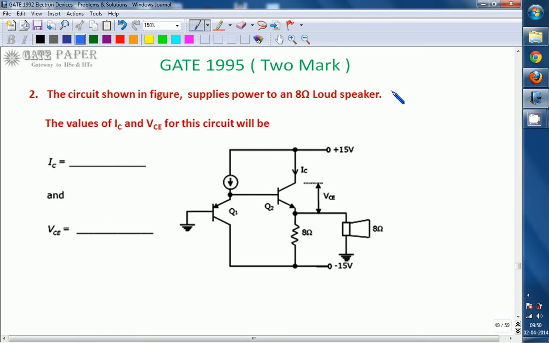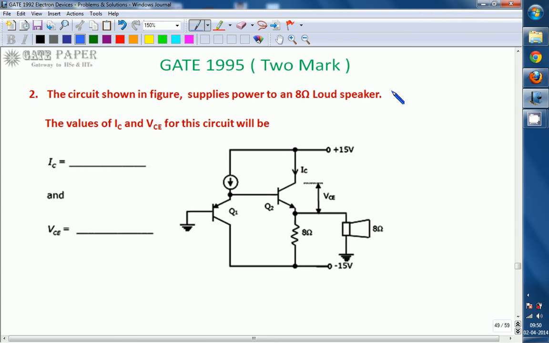This is GATE 1995 ECE question paper, and we are discussing the 2 marks question related to electronics. Look at the circuit diagram. The circuit shown in the figure supplies power to an 8 ohms loudspeaker. The values of IC and VCE for this circuit will be. We are going to calculate IC and VCE